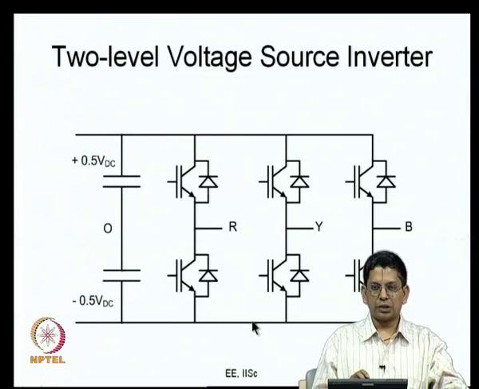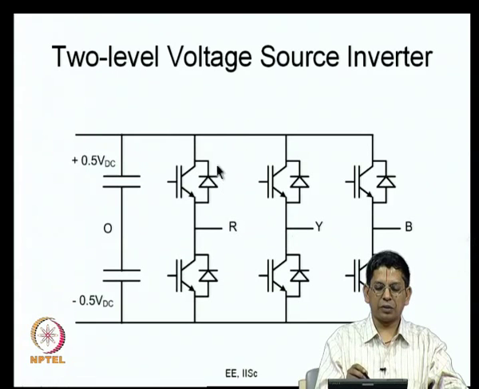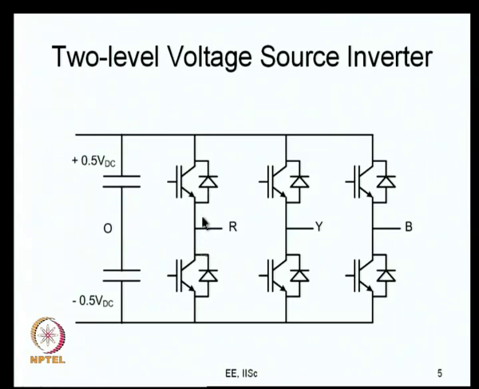So, here there is a quick review of a voltage source inverter. There are 3 legs corresponding to the 3 phases. In each leg you have 2 devices which switch in a complementary fashion, essentially a single pole double throw switch, and the midpoint is what we call the pole, and we generally say pole voltage. We are talking about the voltage at this midpoint with respect to the DC bus neutral O.